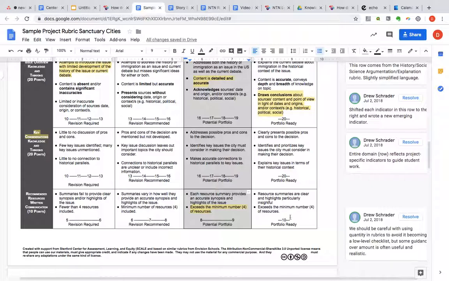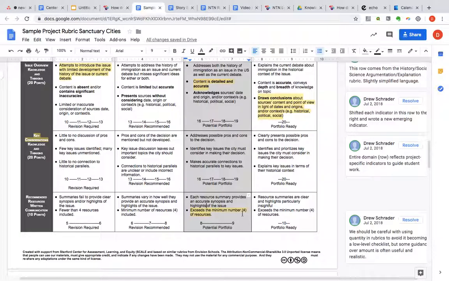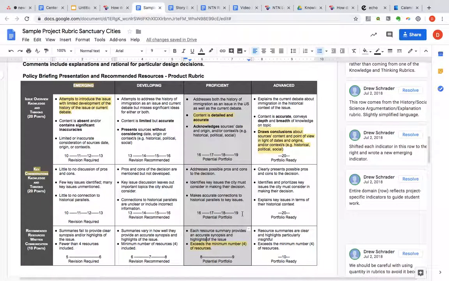We want to note that we feel like you need to be careful with making everything strictly quantified, like you need 6 of these, 3 of these, but it's okay to include that from time to time when it's the most expedient way to demonstrate student proficiency. So in a nutshell, that is the basic design of the product rubric that we would use for the Sanctuary Cities